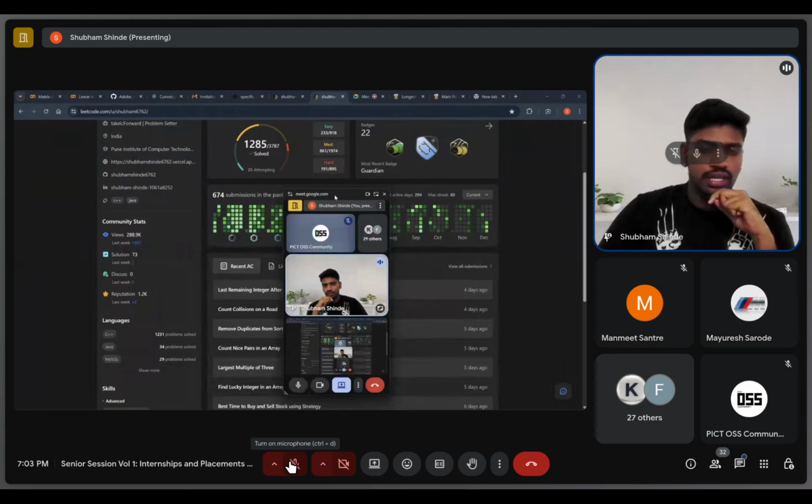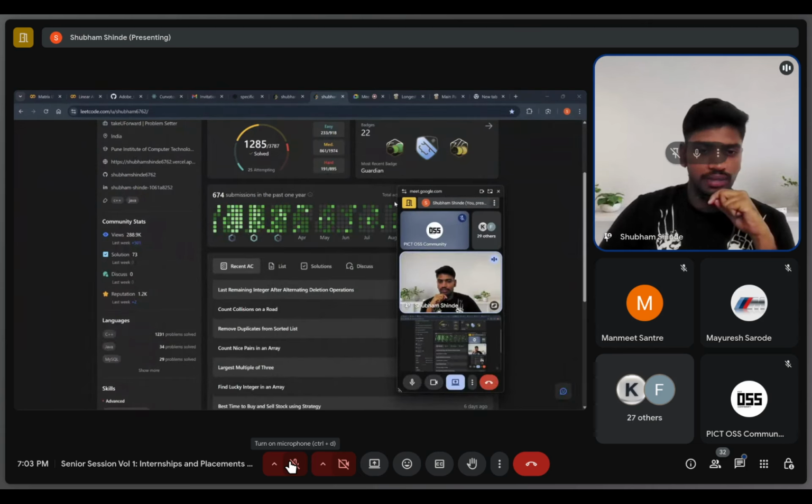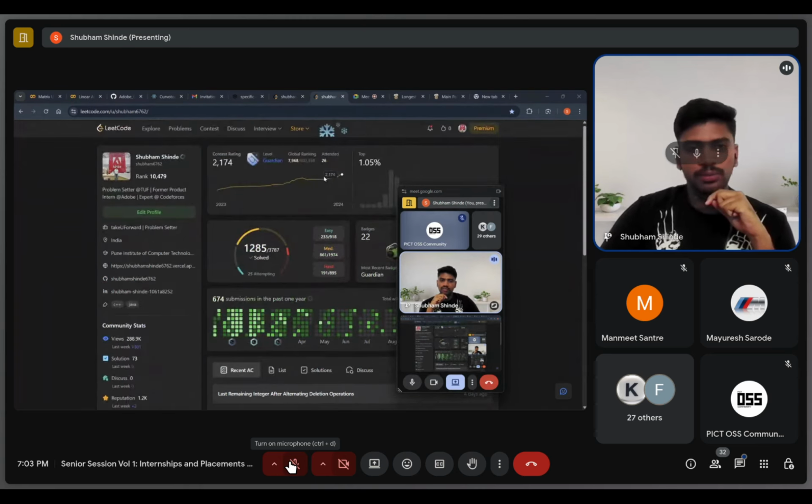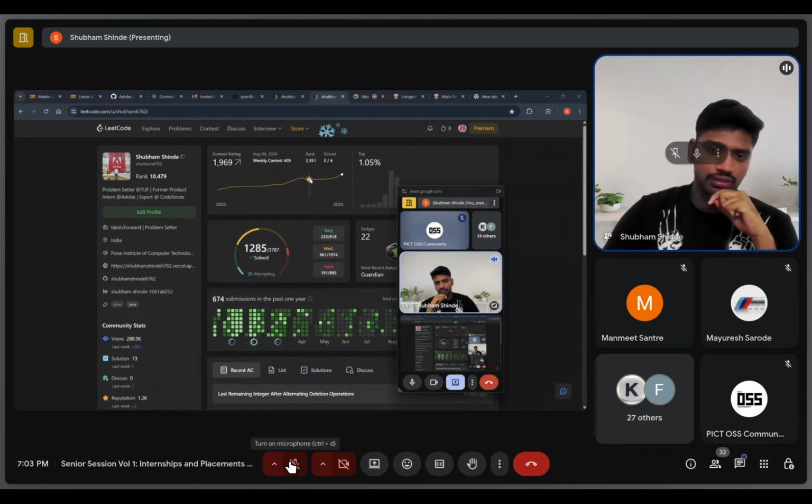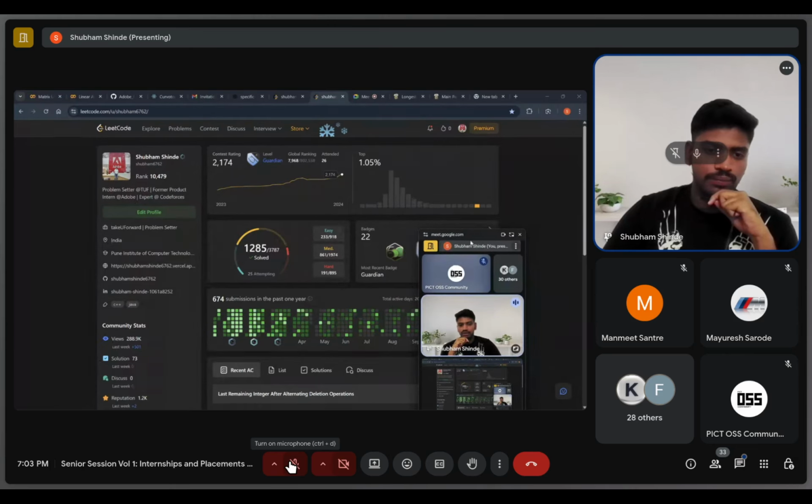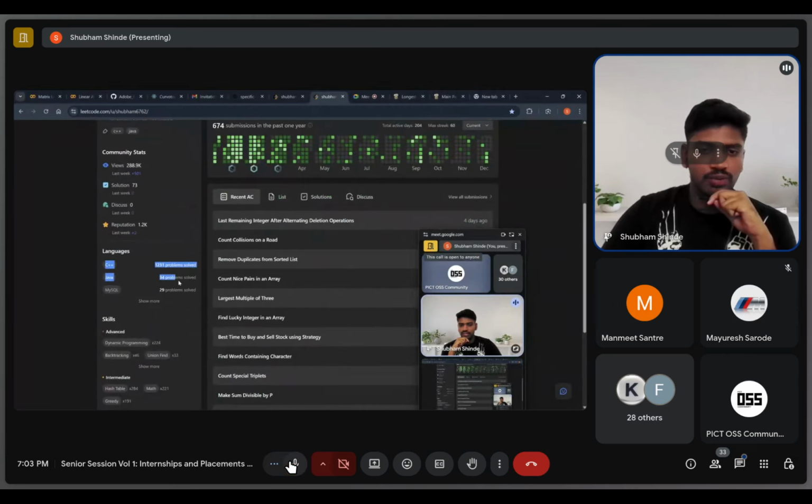So that's why I have learned many of the languages and done a lot of work in Java at Adobe during my Adobe internship. So sometimes I solve problems in Java to remember the syntax and all. So you can see that I have mostly solved the DSA problems in C++ only and a few Java problems.